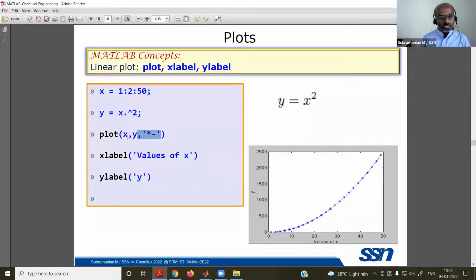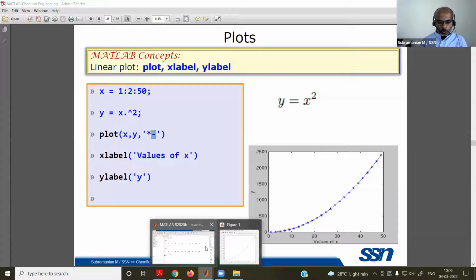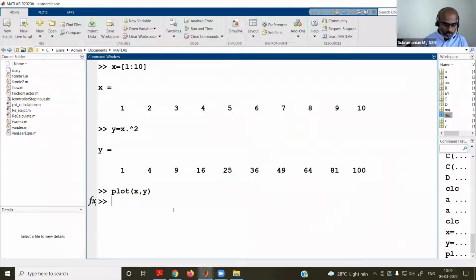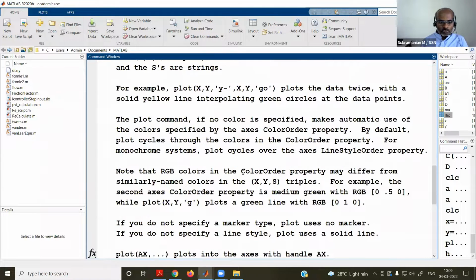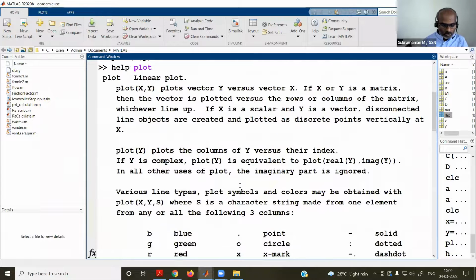Plot expects these two variables; the third variable is optional. The third argument says how to mark the points and how to connect the points, or you can also add how to color them. These are all available. You can explore them simply by typing help plot, or you can Google. Here you will also be given examples of how to do this. So you can try these.